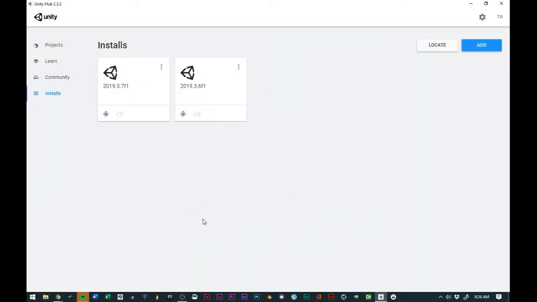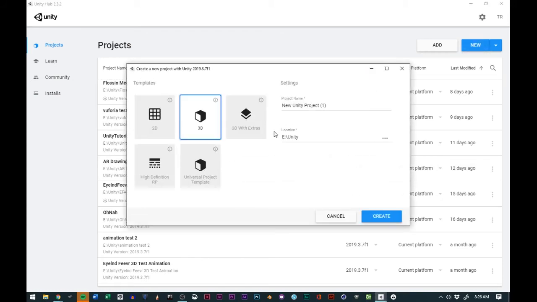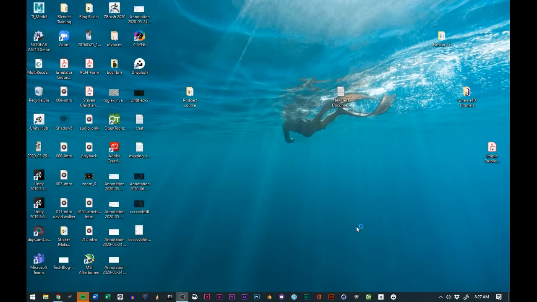I have 2 different versions, and most of them are Android and iOS already. I don't like to update mine too much, but you can if you want. And so from there, we have the opportunity to create a new project. So we'll just go ahead, create a new project, and we'll say that this is AR app without code. So we have AR app without code, and we want to choose 3D, because in augmented reality, everything is 3D. If you want to do a 2D game, you could do that, but let's just stick with our regular 3D right now. And so you click Next,